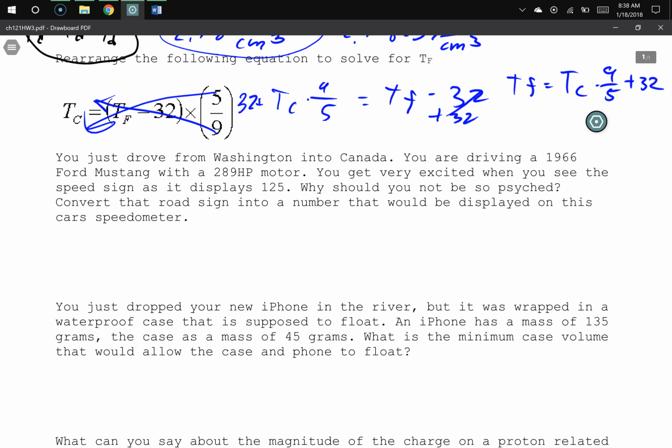Because you're in Canada, they use the metric system, so it's kilometers per hour. So let's figure out what the kilometers per hour would actually work out to be in miles per hour. So if it says